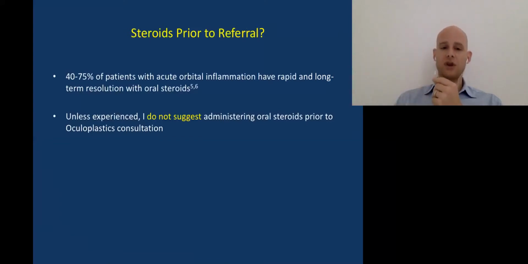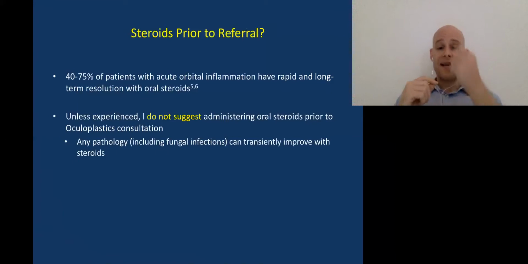And the reasons are twofold. One is that any pathology, and that includes fungal disease, can improve with steroids. So if you give somebody steroids and they have invasive fungal disease. So it's a diabetic and the inflammation is adjacent to the sinuses and there's a little bit of sinusitis. I myself would never give steroids to these patients because I've seen, particularly when I was in California and there was a large